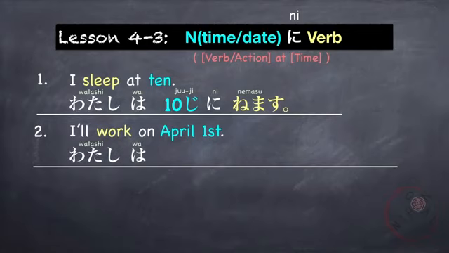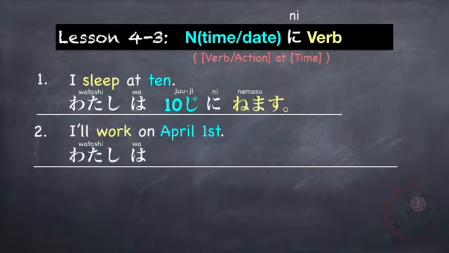Here are other examples of verbs in its mas and masen form. 寝ます、寝ません。寝ます means to sleep. 寝ません is the opposite. 休みます means to take a break. 休みます、休みません。働きます means to work. 働きます、働きません。